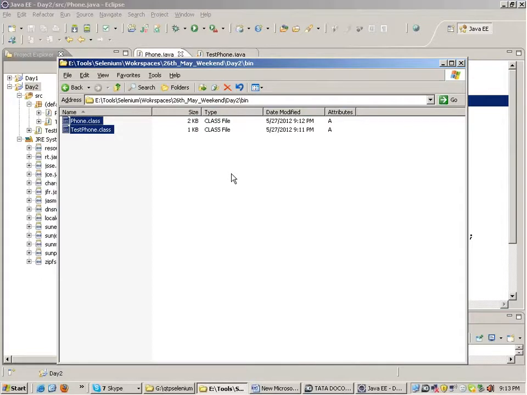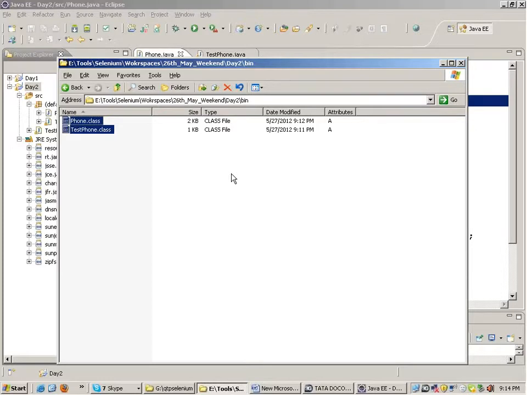I end up making 1000 Java files, and corresponding to them 1000 class files. Suppose I want to release the whole project in the market. I just cannot put 1000 Java files or 1000 class files over there and ask the user to download them individually.